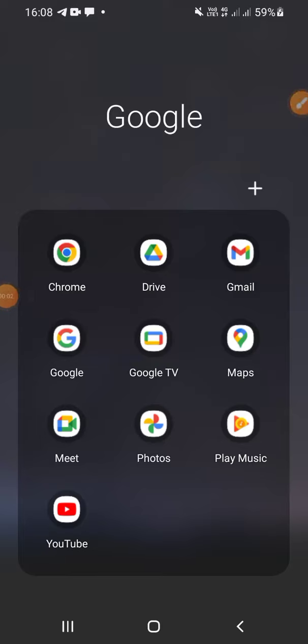Hello guys, do you want to split your screen on Android? Here's a tutorial for you. Let's get to it. Okay, today we're going to split our screen for the YouTube app and another app on